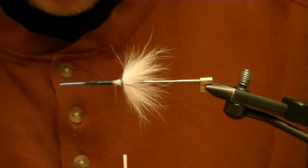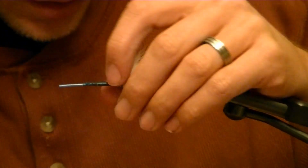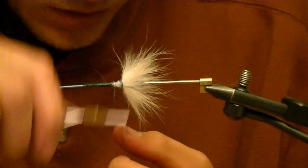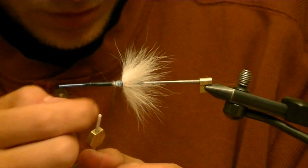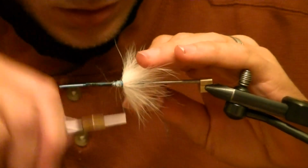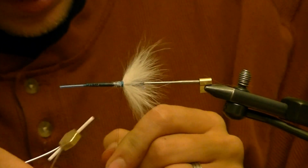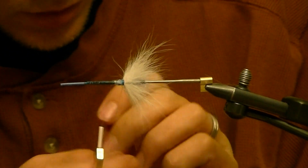That should look pretty good. Now for spinning this stuff, tie a dubbing loop in. Now this is key. If you just tie a dubbing loop in, you see there's a gap there in my thread, so I'm actually going to pinch it together and tie my dubbing loop in and then back. And what that does is it closes this thread gap right here, so it's not spread out, and so your ostrich will actually